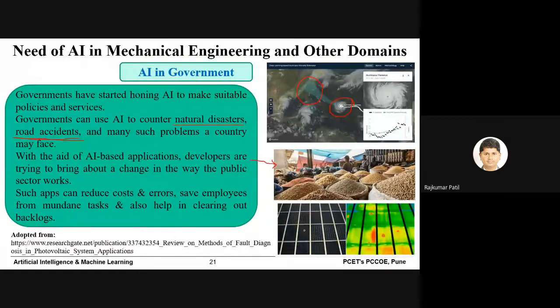But the important thing is the faults in solar panels. In the figure you can see different types of hotspots and failures of solar panels. And suppose there are thousands and millions of solar panels, manually